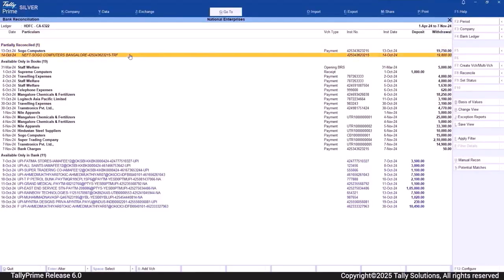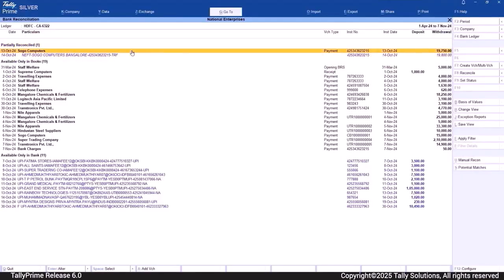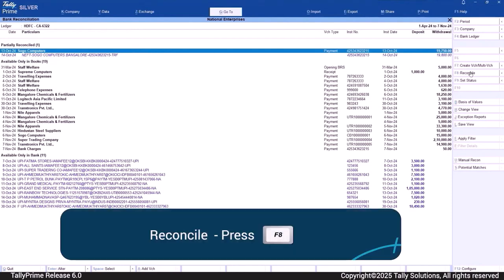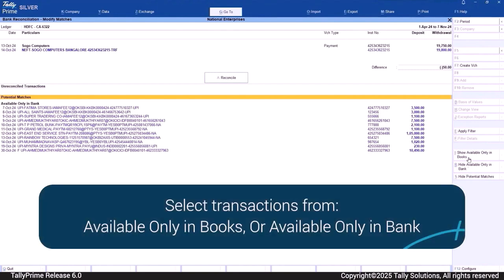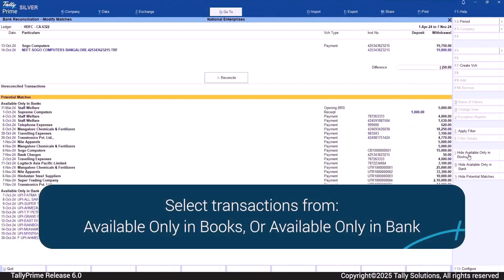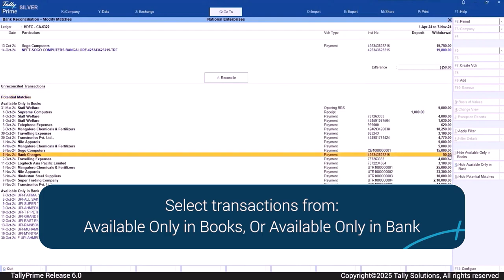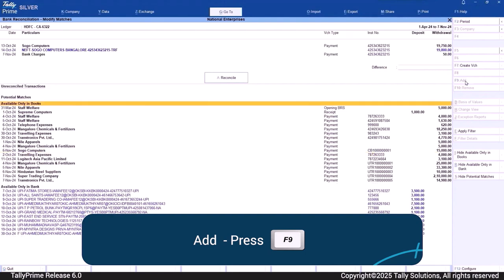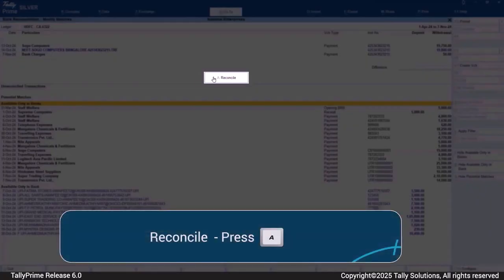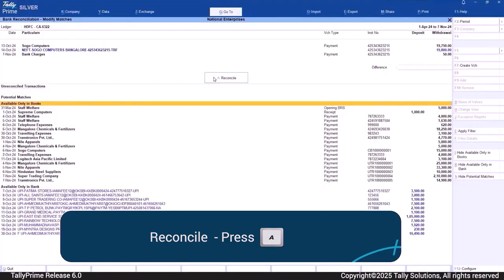To reconcile the partially reconciled transactions, select the transaction and again press F8. In the Bank Reconciliation Modify Matches screen, select the transactions from Available Only in Books or Available Only in Bank. Press F9 to include the transaction for reconciliation. If they match, press A to reconcile the transactions.